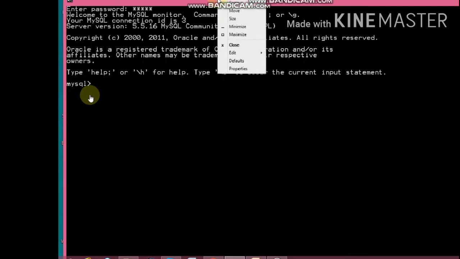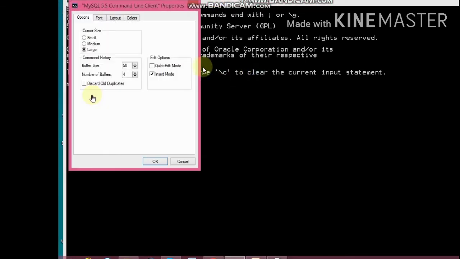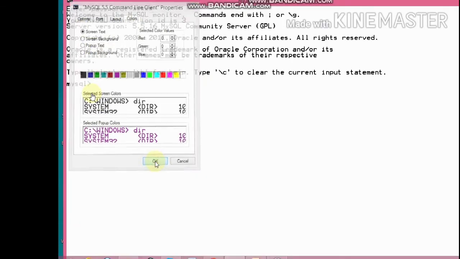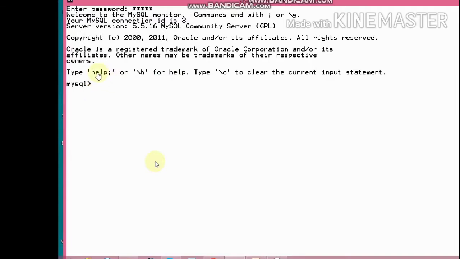If you want to change the background and the text format, just click on Properties. Then select Colors. Then go to Screen Background, change to white, and Screen Text change to black, and click OK.